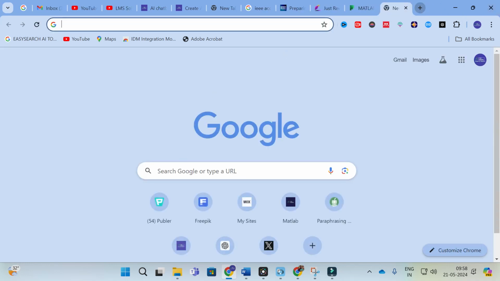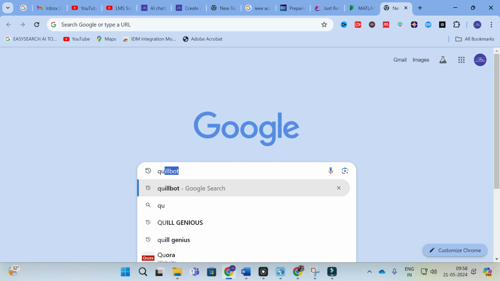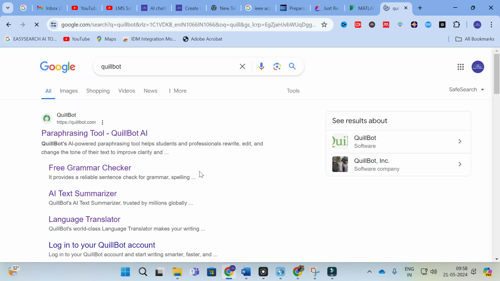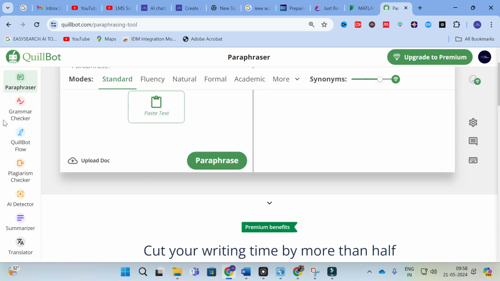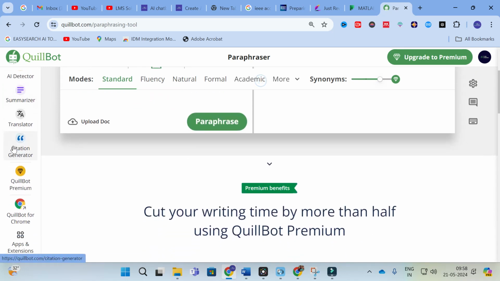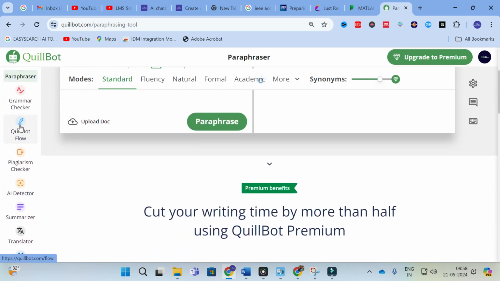So other than that, I am going to add one more thing in this video about QuillBot. QuillBot is one of the best paraphrasing tools. Many of you may be aware of that. The new option many of you don't know about that has been added in QuillBot is called QuillBot Flow,